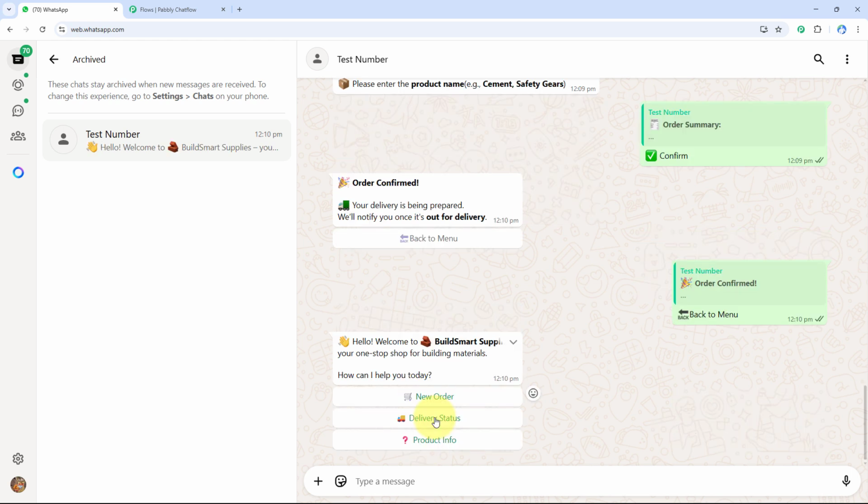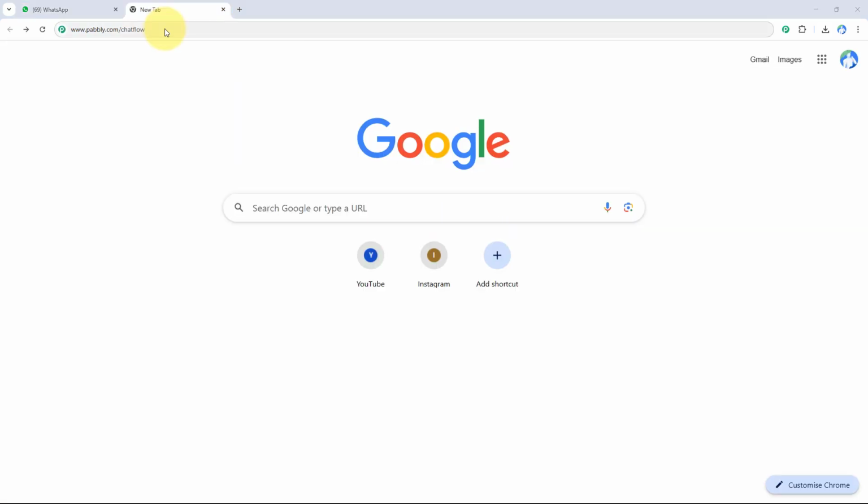By using this chatbot, I can check delivery status, product info, etc. So as you can see, this is how our chatbot works. If you also want to build this WhatsApp chatbot for your business step by step, then you need to type